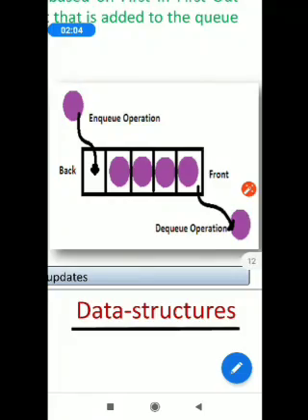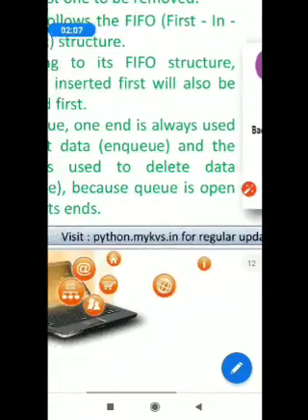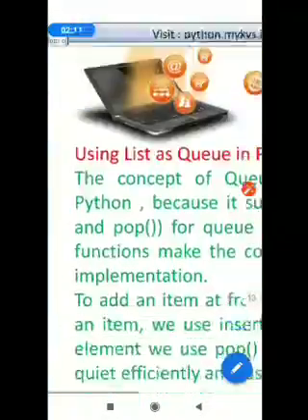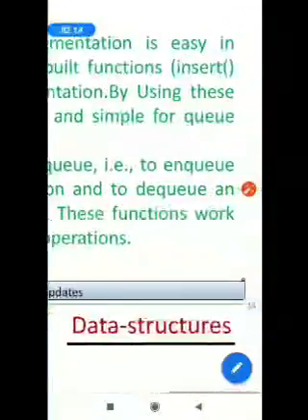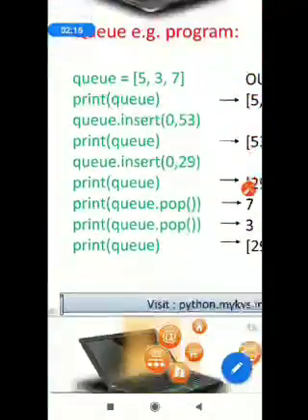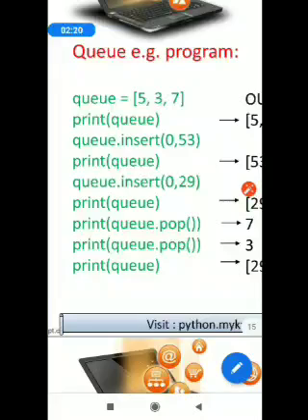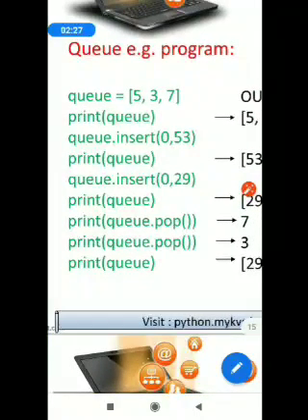Today I want to discuss a small program related to Q data structure. I'll send the program in your WhatsApp group so that you can copy and paste it in your Pydroid application, or alternatively you may write it in whatever IDE is there in your machines. So this is the small program I would like to show you.